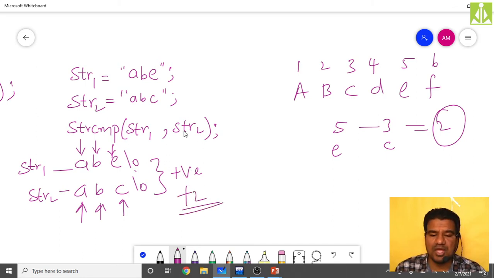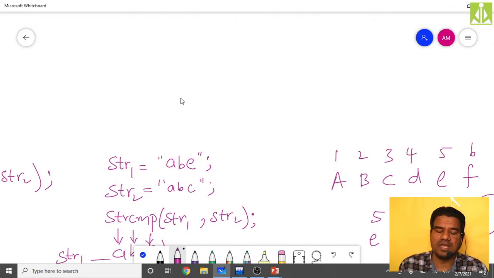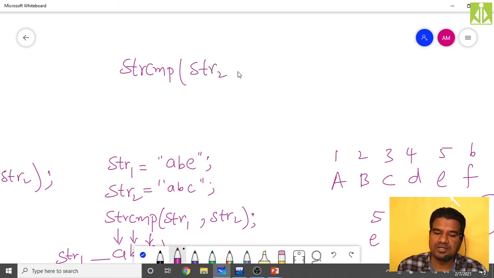Now do the same thing for the same strings, but in reverse order. In strcmp, instead of keeping string 1 first, put string 2 first: str2 comma str1. So for our formula, this will become str1 and this will become str2.